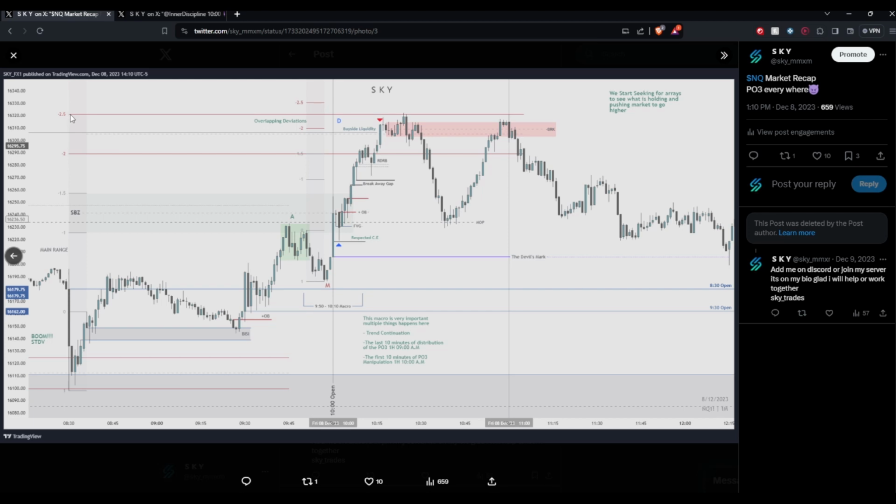The overlapping standard deviation goes from here to here, from minus 2.5 of the main range to minus 2 of our inside range. As it's a 4-hour power of 3 open, we have 4 hours for price to print the